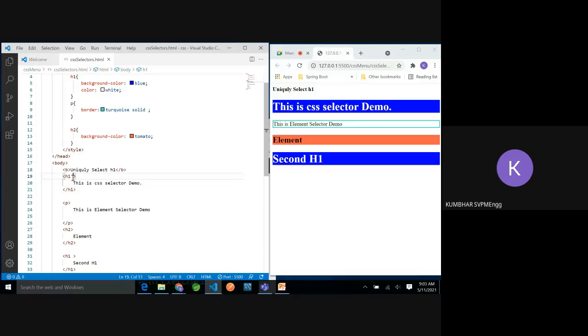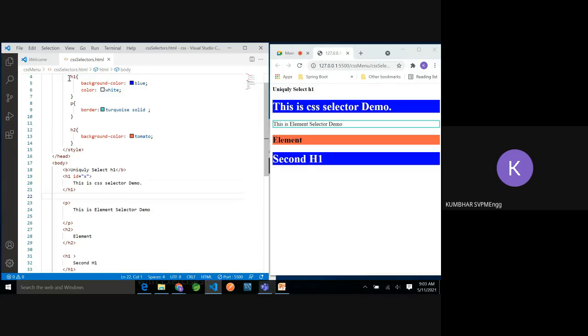So for that we can use the ID selector. Here, to the H1, I am going to apply the ID. Let's say that is X, the ID I am going to use.